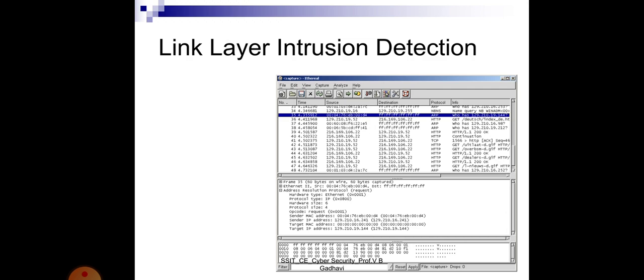This is link layer intrusion detection. This tool is used to capture for authentication, authorization and integrity of the transmission framework.